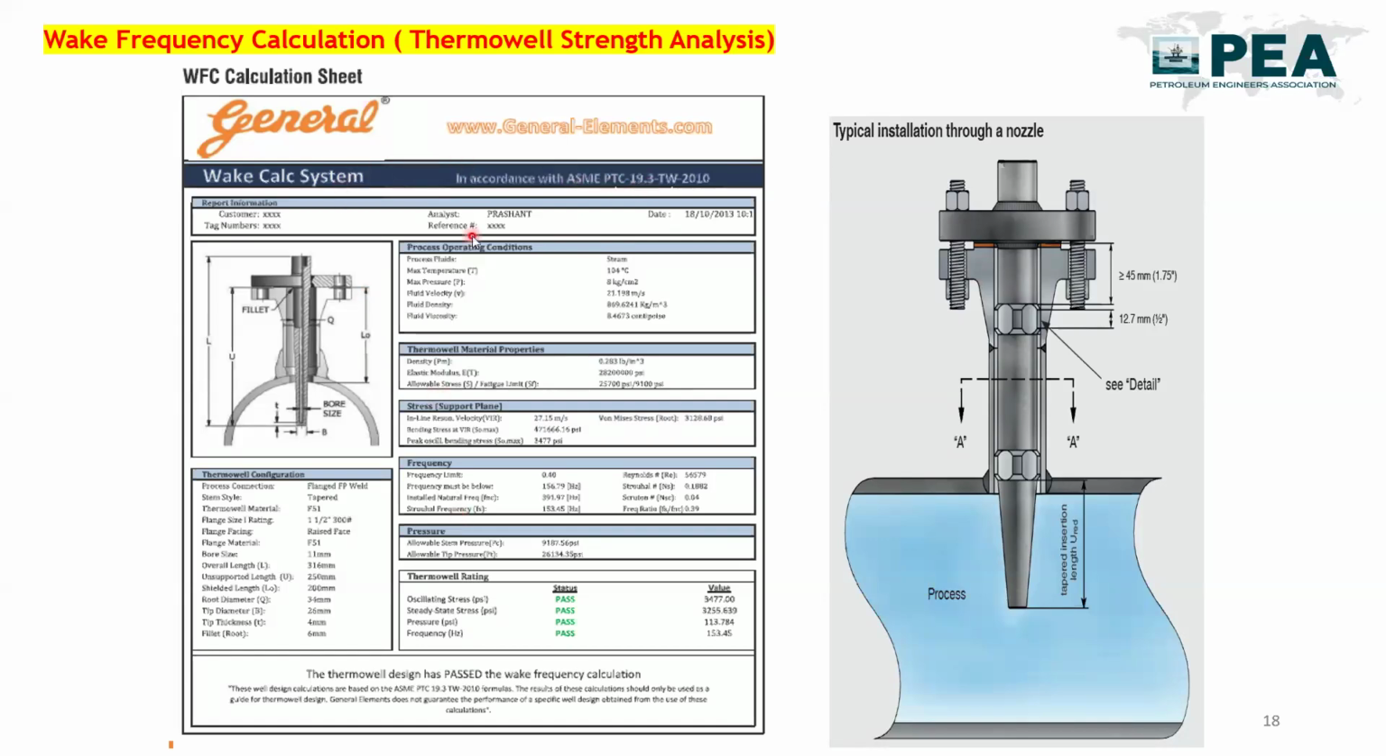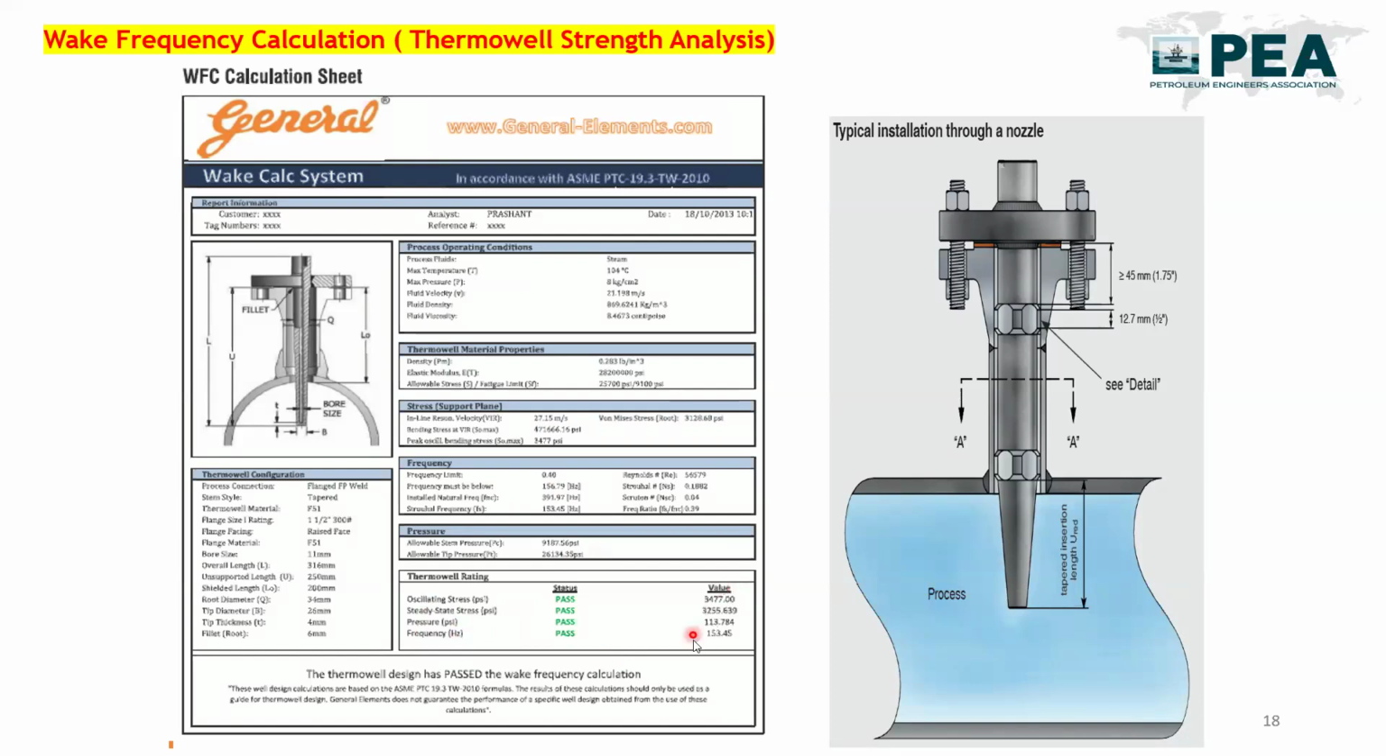You may search on Google. There are various tools available, like Astrof, Vika, to calculate the thermowell. A wake frequency calculator is available over there. In that wake frequency calculation, you need to specify the thermowell dimension and their process condition. Once you specify the dimension and process condition and run the software, it will give you some values, and those values are basically the frequency of the thermowell, their oscillating stress, steady stress, pressure and